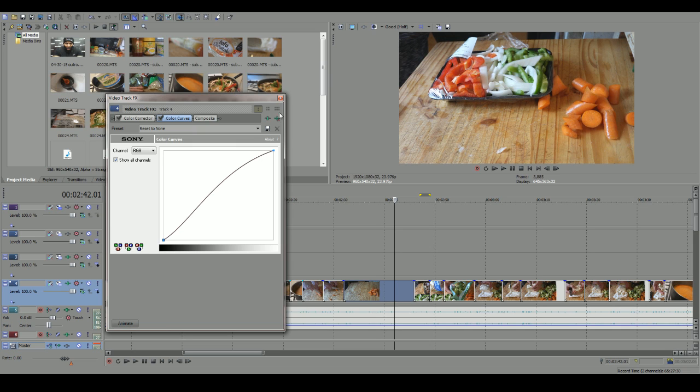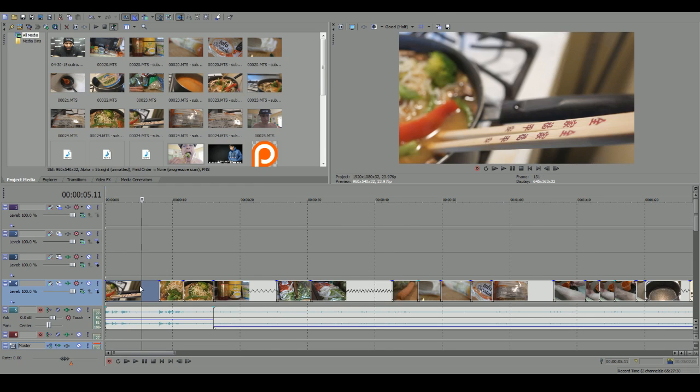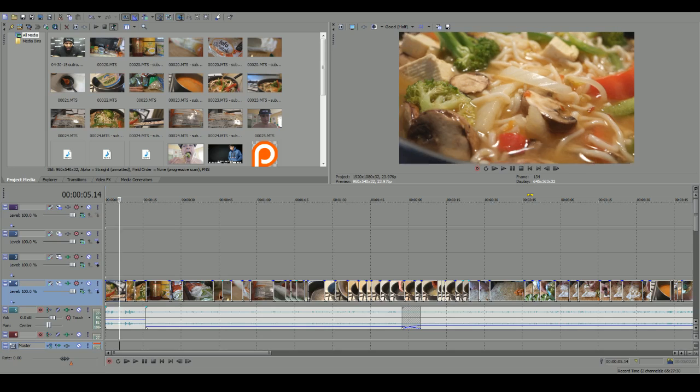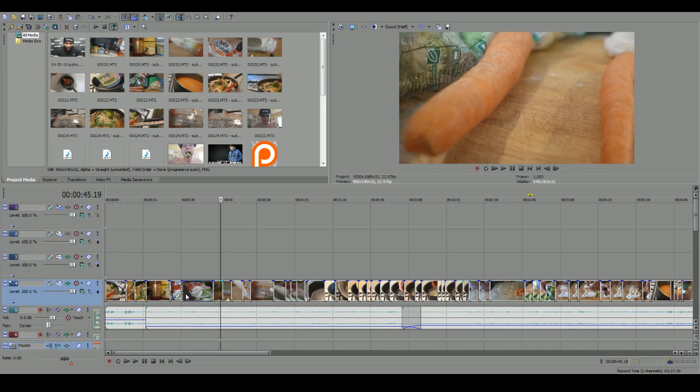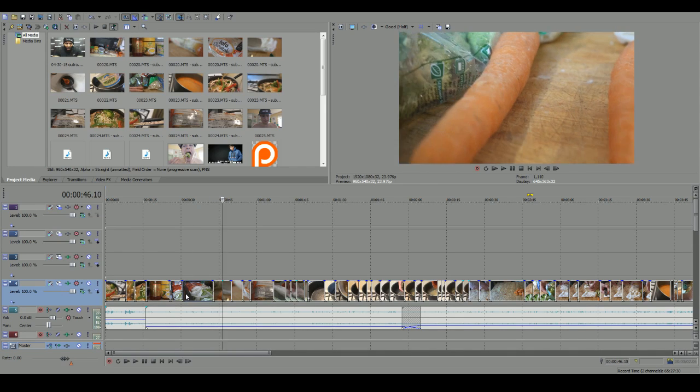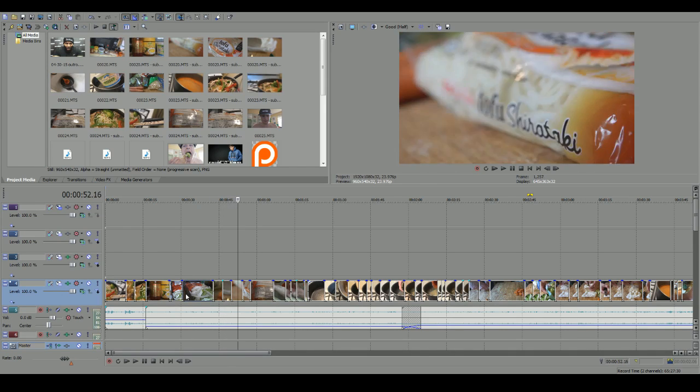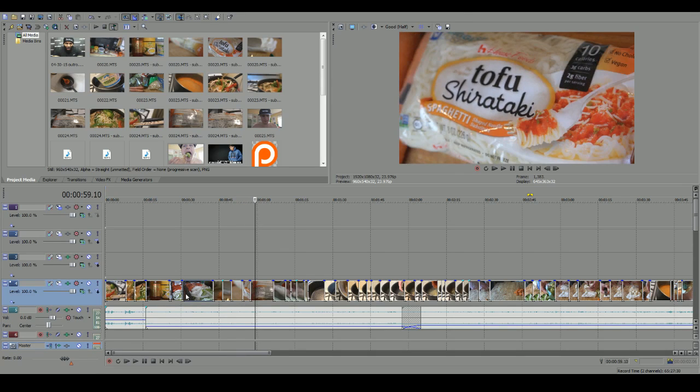So I just did a general color correction on all the rest of the stuff because it's all food. There's only one shot of me with my face. Generally, everything's shot in the same light here, except we have some kind of whiter light from the outside as well as some orange light from the incandescent lights that we use in our kitchen.